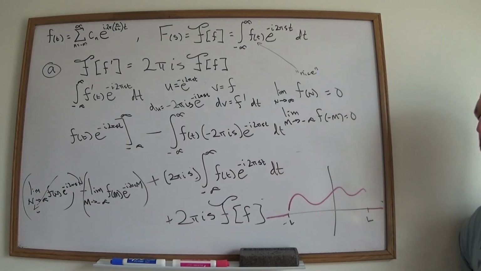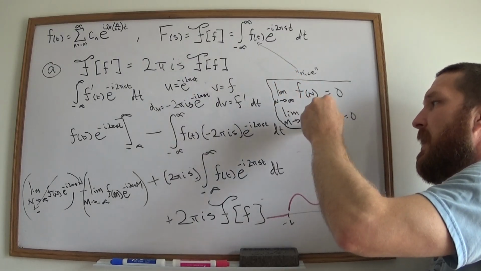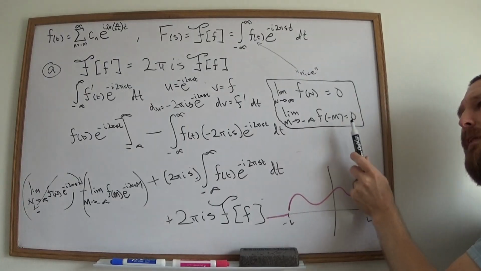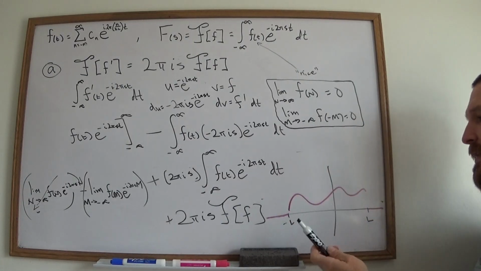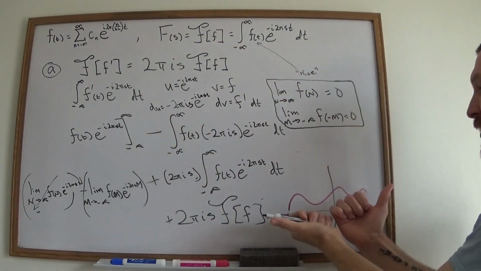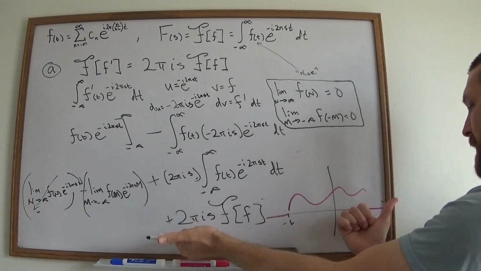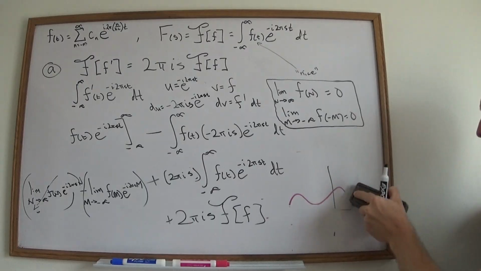So that was what I messed up, and I'm sorry, it was after 1 a.m. when I was writing this down, and I meant to say part of it being nice. This isn't the only thing, but this is necessary. You have to have it so that your original f goes to 0 as you go to negative and positive infinity. It has to be that way. And since that's the case,